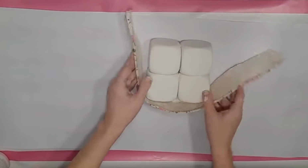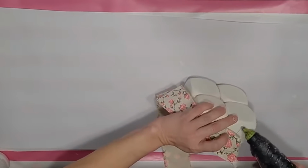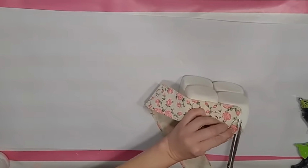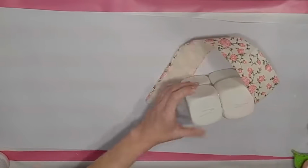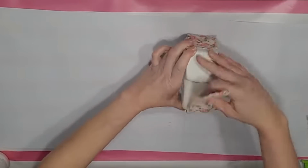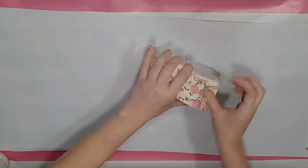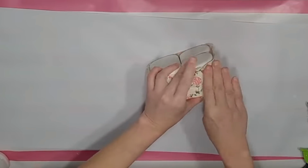So I'm just going to go ahead, set it on the bottom, and just wrap it around, and I'm going to glue it up there in the corner where the 2 ends meet. So tiny dabs of hot glue, trimming off any excess, and I'm just kind of pulling this taut so it doesn't get bunchy anywhere and it doesn't interfere with the way this is going to sit. So here I am just doing that, and then once that is completely done, I am ready to move on